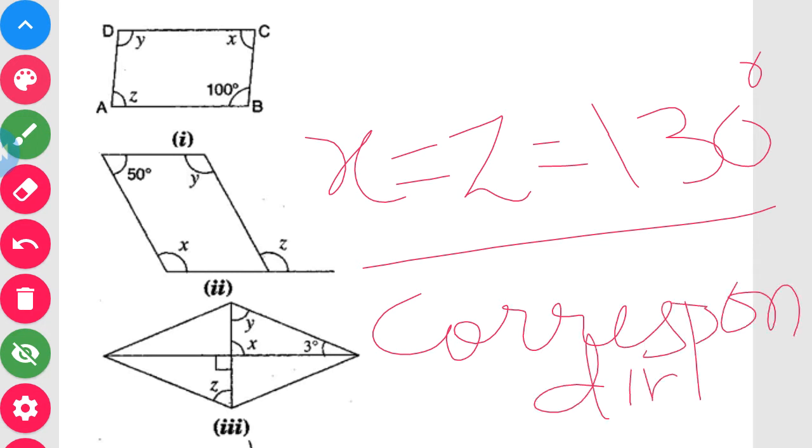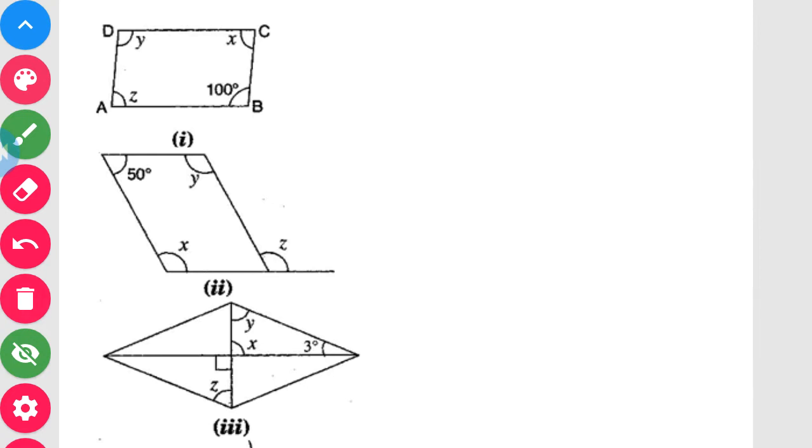Do read from your 7th standard book what a corresponding angle is. You have studied it in transversal lines, but still if you want, I'll send you a picture of a transversal line where you can understand the types of angles and whether they are equal. We are also going to see many types of angles: adjacent angles, corresponding angles, complementary angles, supplementary angles. You have studied all of these in 7th standard. All you need to do is apply them to your particular problem to find the angle.